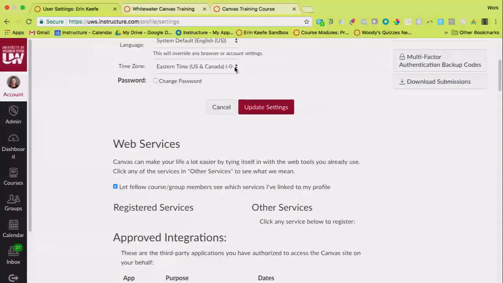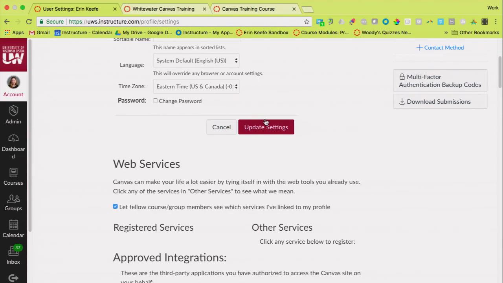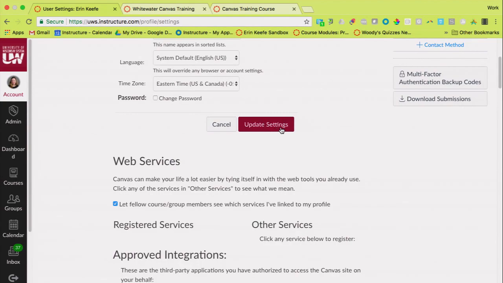Now, the other thing you can do in here is change your time zone. Yours is set to the Central Time Zone because that's where your university is. But let's say I didn't live there. I was taking a fully online course, and I wanted my due dates to line up with when the instructor had assigned them. Doesn't buy me any extra time. It's just going to say your instructor has it due at this time Central. For you, that means this. So, some students might think, oh, good, that's how I'm going to change my time zone. I'm going to get some extra time to turn it in. That's not how it happens.